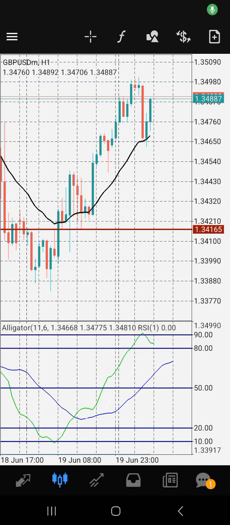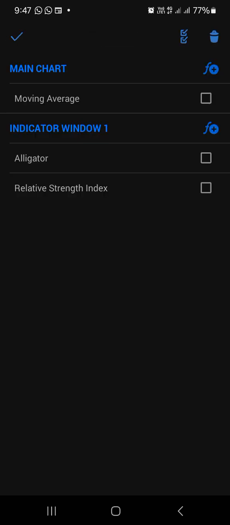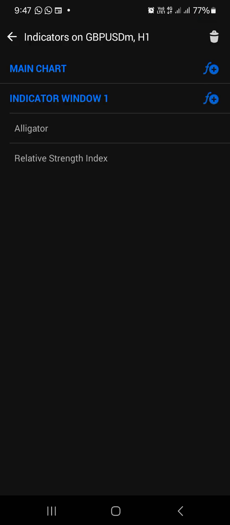Okay, guys, so today we are looking at the Ichimoku indicator. So let's clear all our indicators on the main chart. Okay, so let's add this Ichimoku F plus